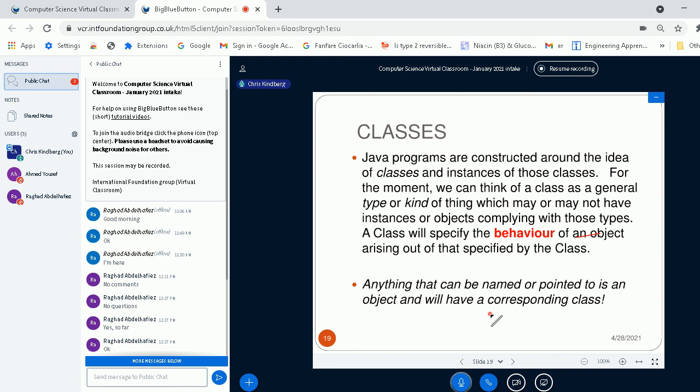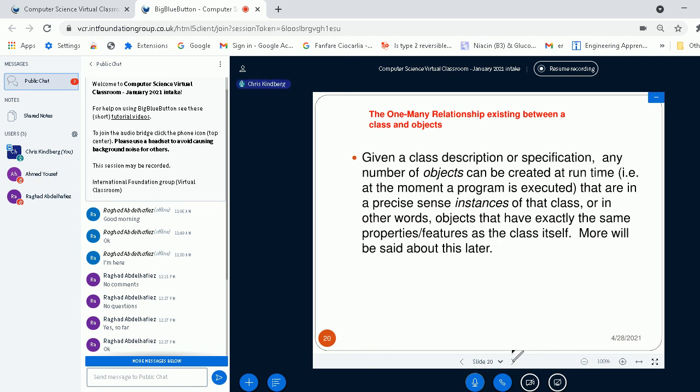Anything that you can name or think about or point to is an object and will have a corresponding class. Looking out of my window now, I can see a mother sheep, and that object clearly is an instance of the class sheep, to make the point very simply, but it's worth understanding that.